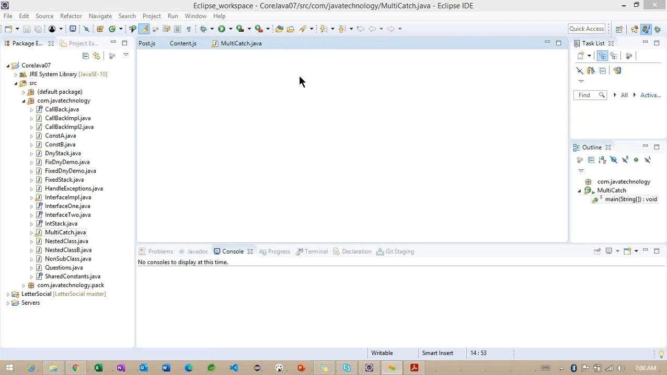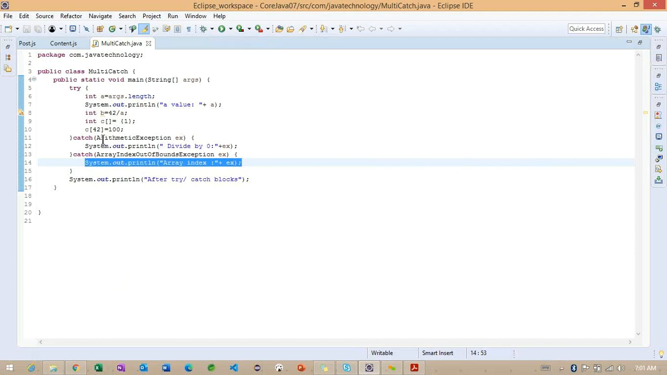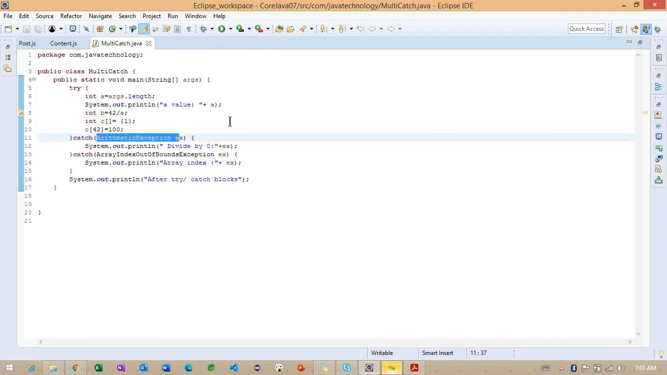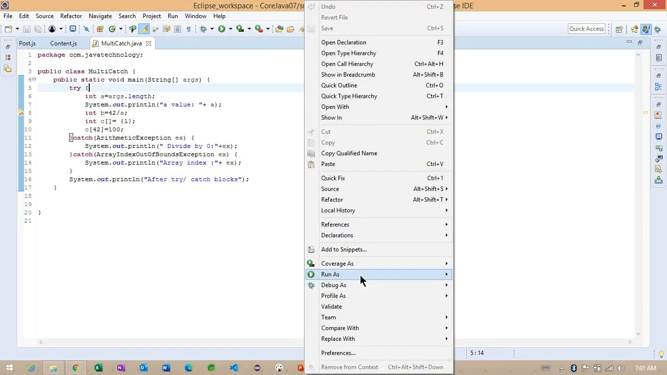And in this particular multi-catch, initially we handle the arithmetic exception, and later we handle the array index out of bound exception. If you observe, initially we are handling the arithmetic exception here, and later we are handling the array index out of bound exception here. So to work on this, we are going to run the same example here. Initially we are going to get an exception called arithmetic exception,